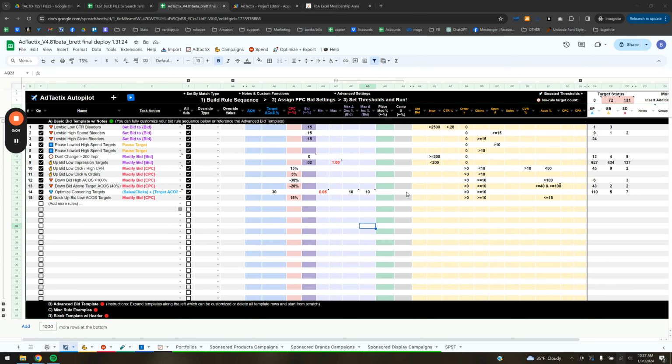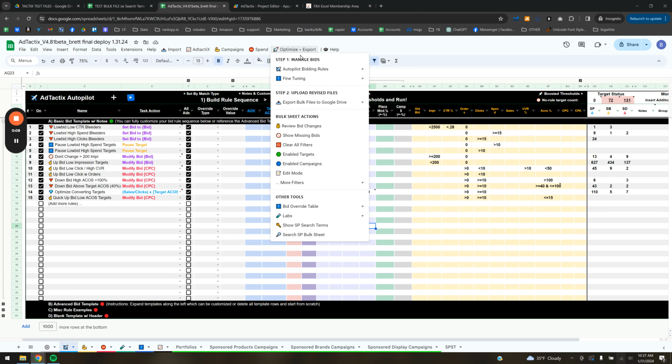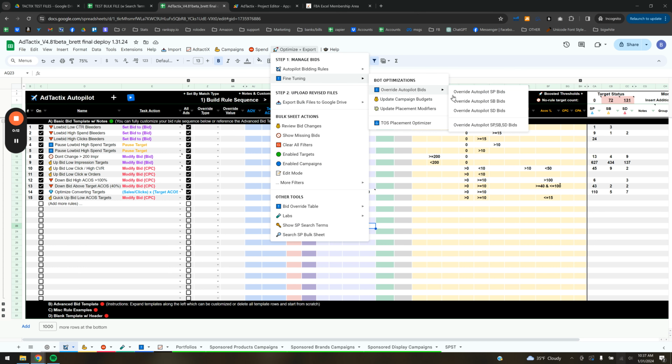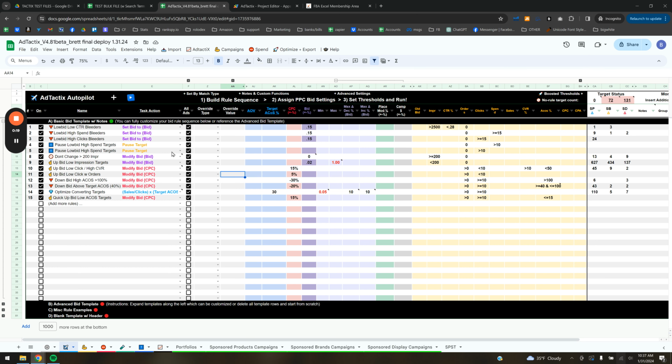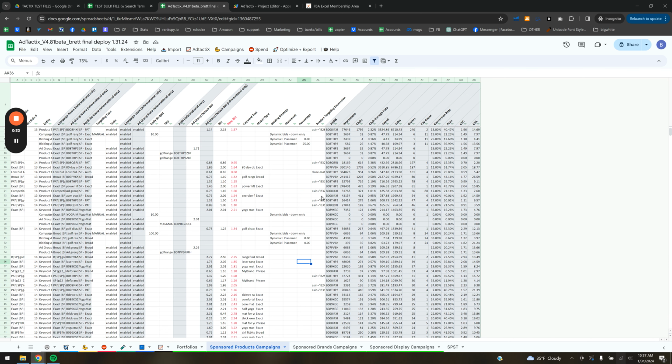So in this quick video, I'm going to show you a pretty popular user feature request. It's more of a fine tuning, but it's basically to use the bid override table to override any of the autopilot bids. So the idea is you would use autopilot, set up your rules, set up any of your overrides if you want to get crazy with it. You can then run that across your sponsored products, brands, and display sheets, and you'll have your bids get optimized